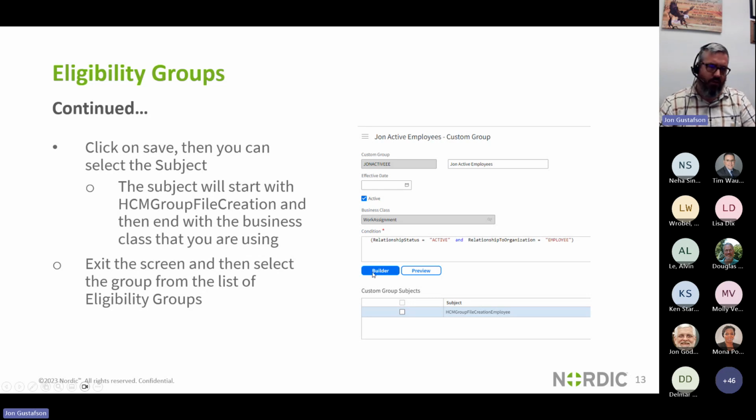A very important part that sometimes gets missed: once you create this custom group, we then have to associate it with the subject. So once you hit save, it's then going to give you the ability to do this custom group subjects on the bottom. And your custom group subject is always going to be HCM group file creation, then the name of your business